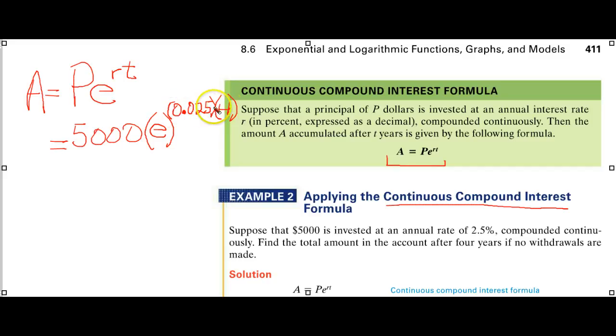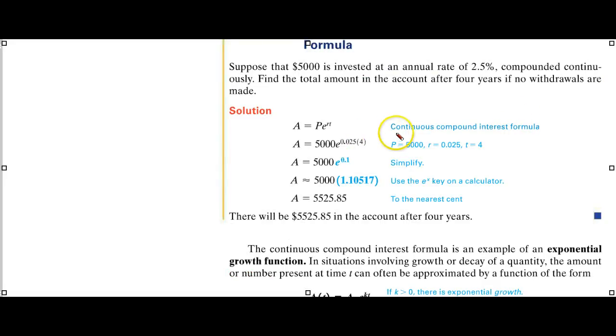And we would multiply this. That would be what our caret is that we put on E. And then once we get this, we multiply it by the 5,000. And we'll show you the work right here. Now again, 2.5% is not a great rate, but it's not too bad, especially in today's